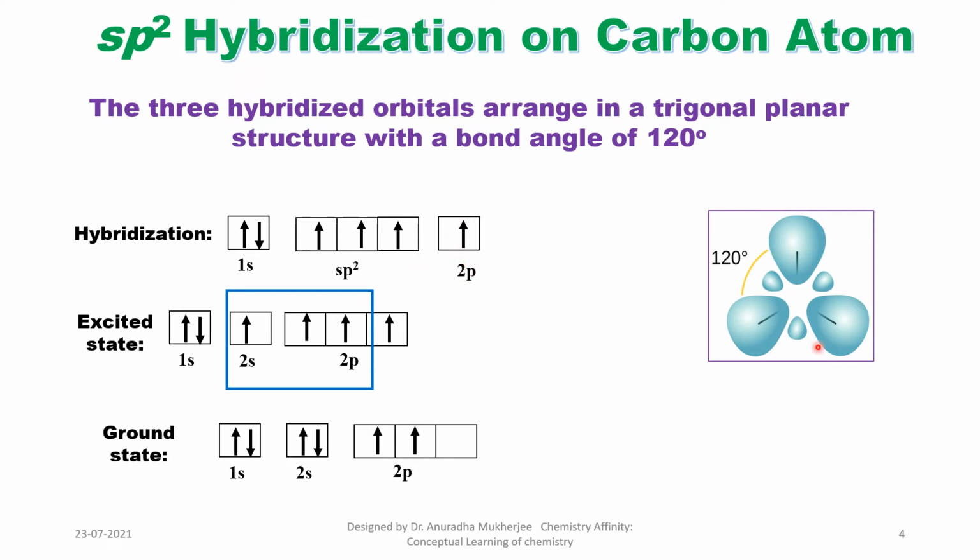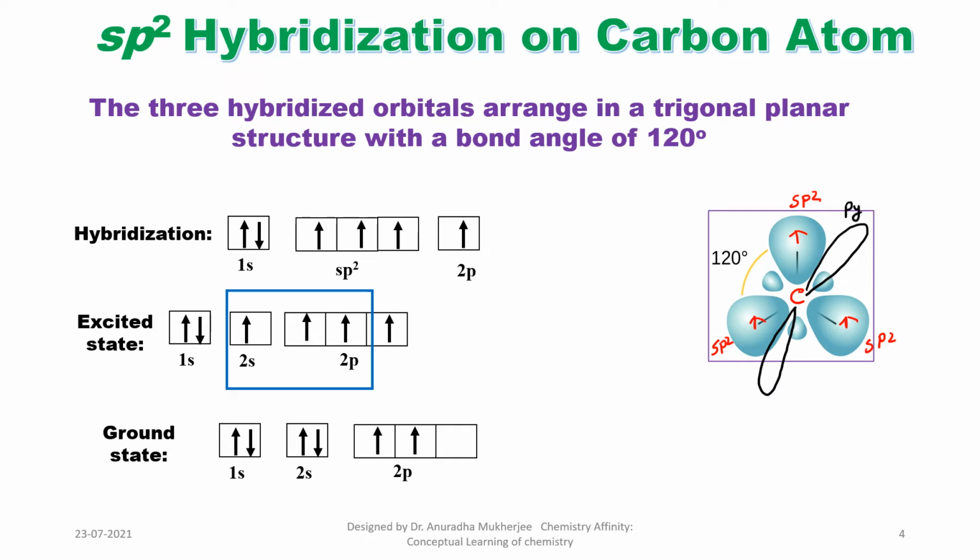So this structure has been given here. This is carbon, this is carbon, and this carbon has sp2 orbitals, and each sp2 orbital contains one electron, and this carbon has one p orbital. If I draw the p orbital like that, let's assume the p orbital is the black one, not the blue one. This is the p orbital.